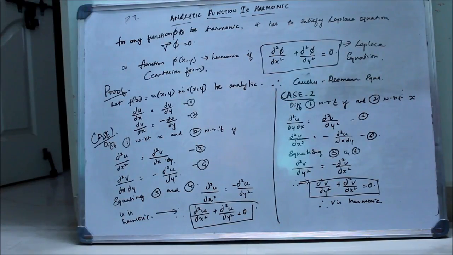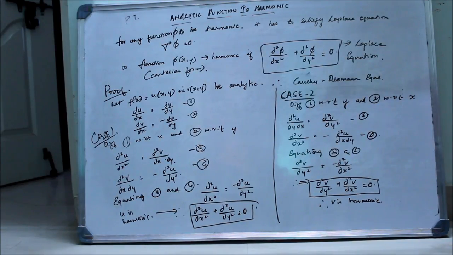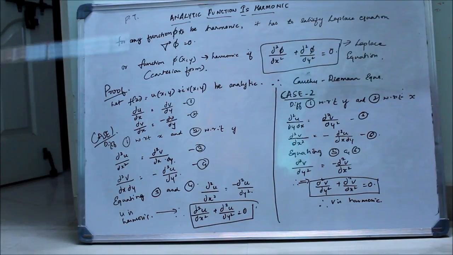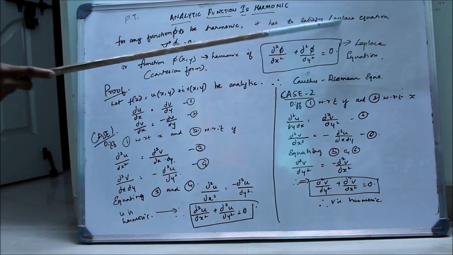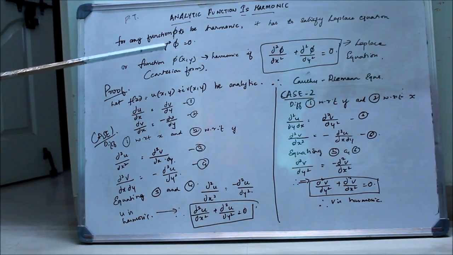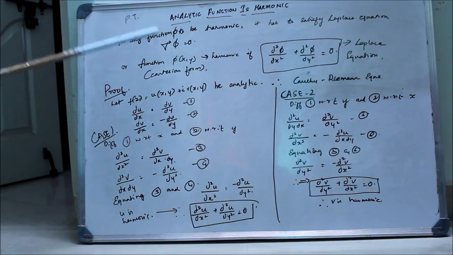Hey friends, today I will be proving that a complex analytic function is harmonic. To prove that an analytic function is harmonic, first, for any function to be harmonic, it has to satisfy the Laplace equation, which says nabla square of phi is equal to 0,